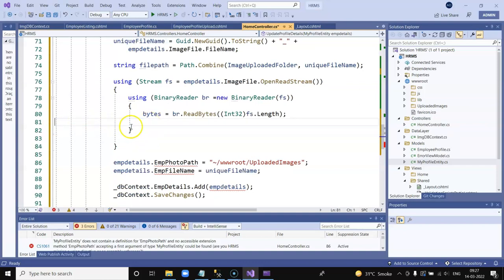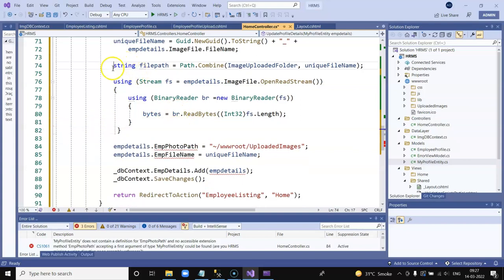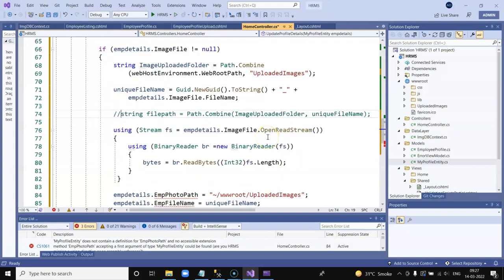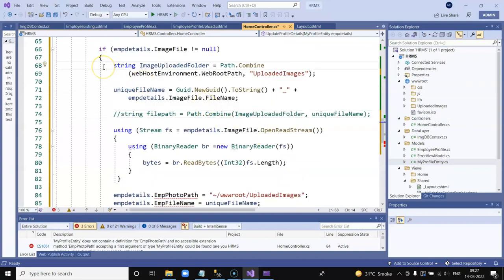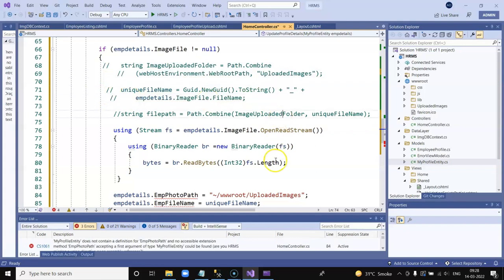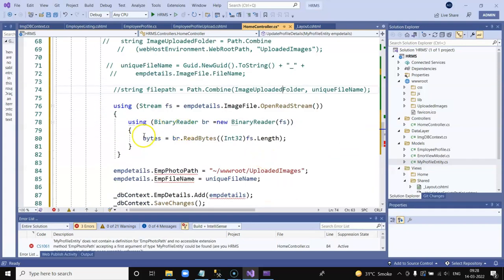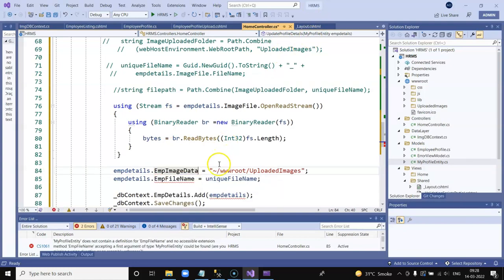Now once we have the bytes with us, we don't require this now because we are storing it in a database, and we also don't require this. We just don't require even this part of it. We just add this line of code, and now we make sure that we select the image data and we pass it this byte to our